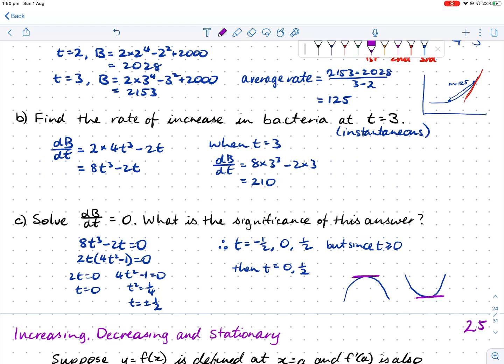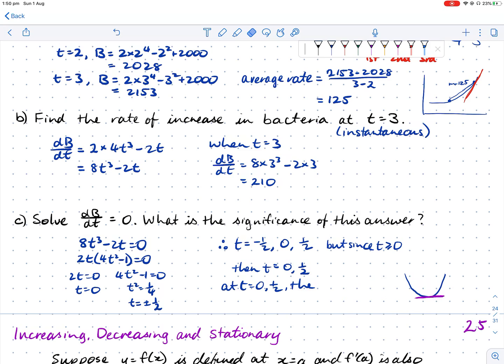So what we can say about these two values is that when we get to t equals 0 and t equals a half, the rate of change is equal to 0. And if the rate of change is 0, then the number of bacteria isn't increasing and it's not decreasing either. That only happens at that specific moment. As soon as you pass over the half, or as soon as you pass over 1, the number of bacteria starts increasing or decreasing again. So the significance of that is at t equals 0 and a half,